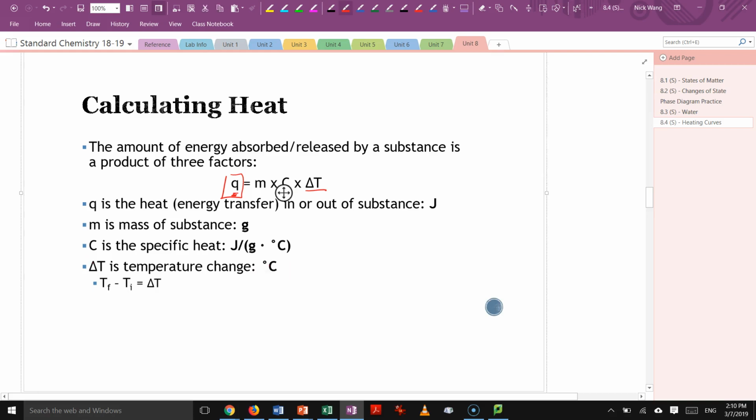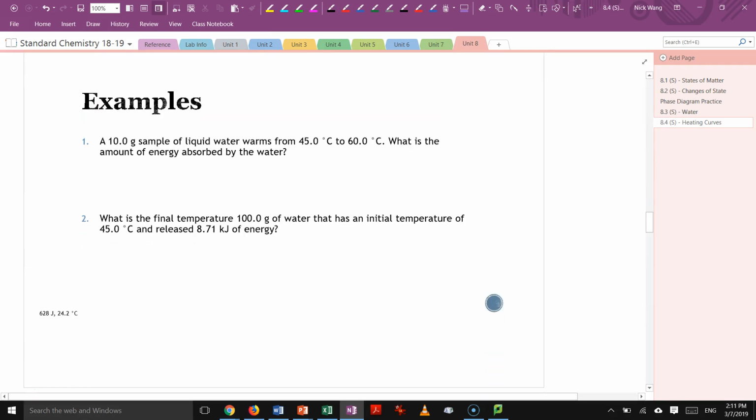Delta T, right, this is that Greek letter delta. Anytime you see this, it generally means change. But more specifically, it's almost always going to be a final amount minus an initial amount. So there's some embedded concepts in this delta T. Make sure you recognize that it's always going to be the final minus the initial amount, which is equal to that delta T. Right. So we're going to apply this on the next slide